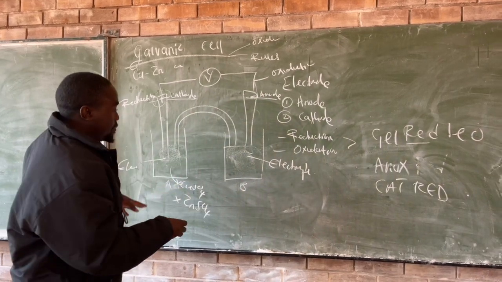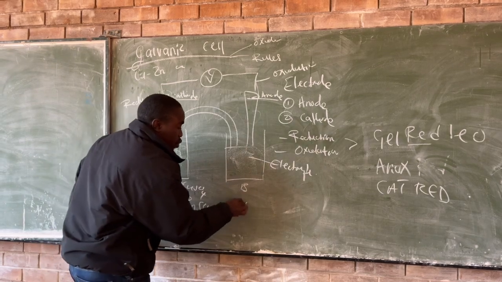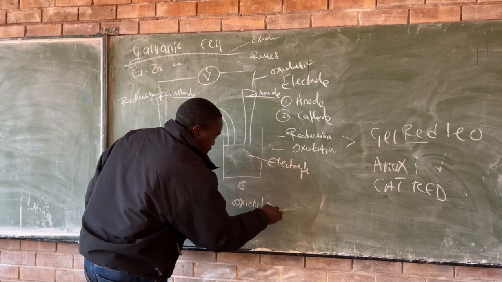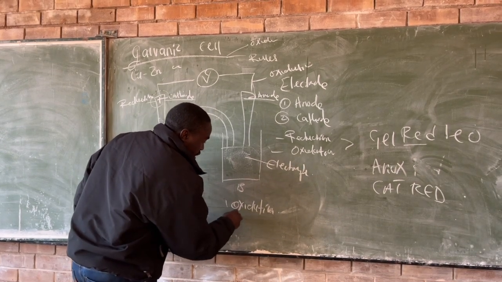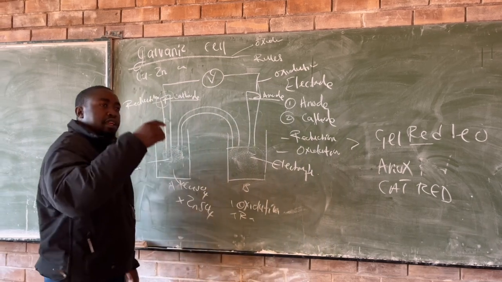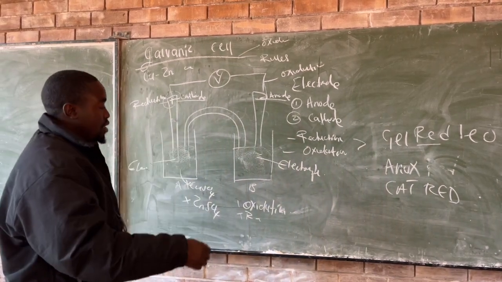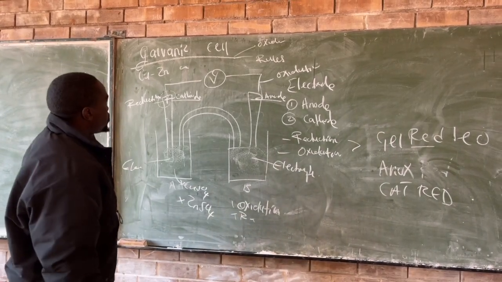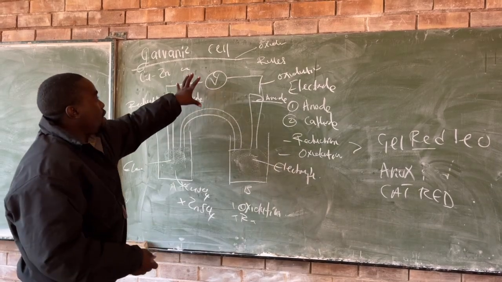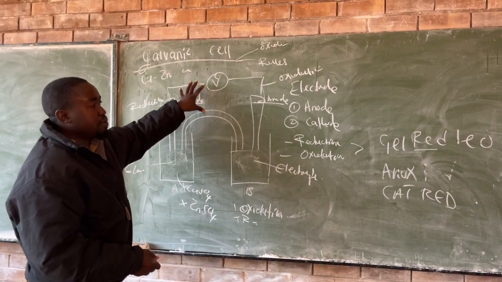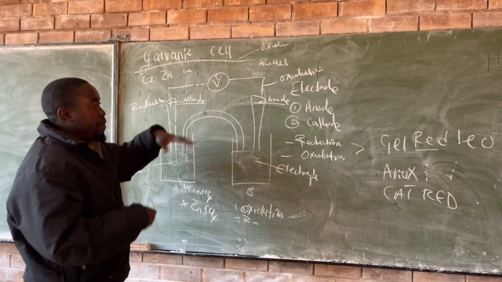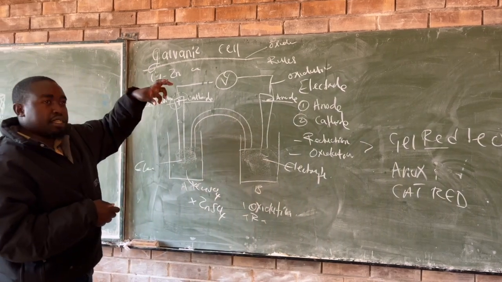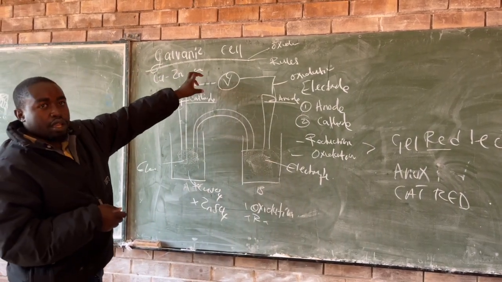And the other thing, then you must be able to explain or to define oxidation and also reduction in terms of electron transfer, and also in terms of what? Of oxidation number. So that will be it, and this direction is spontaneous, so it happens on its own. That is the thing that we must know. But then on the electrolytic cell, we must have a what? A power source. So